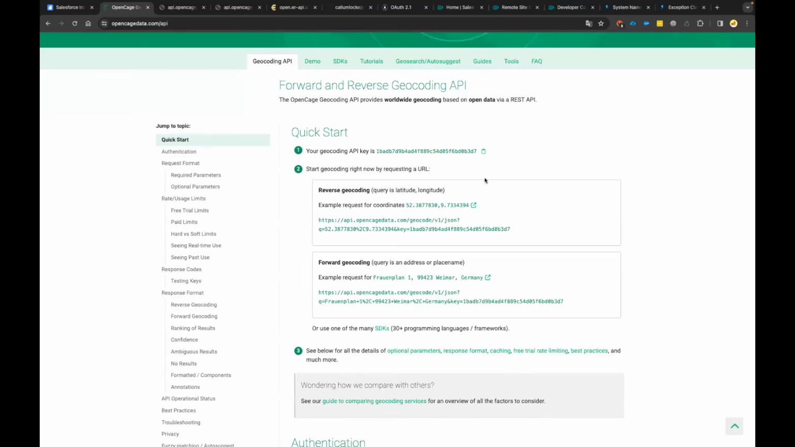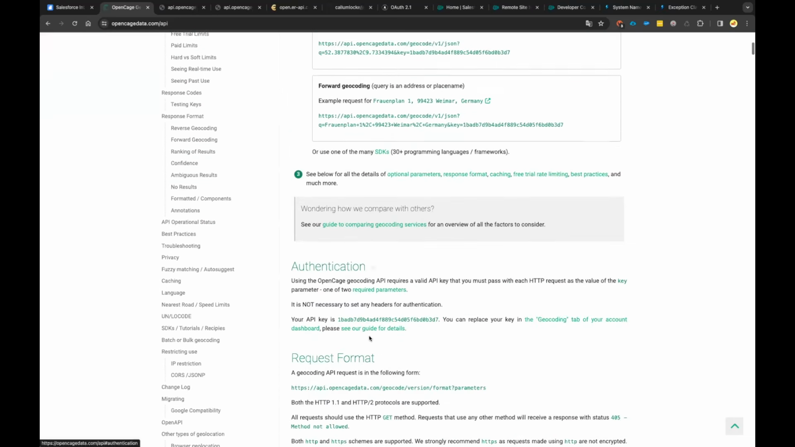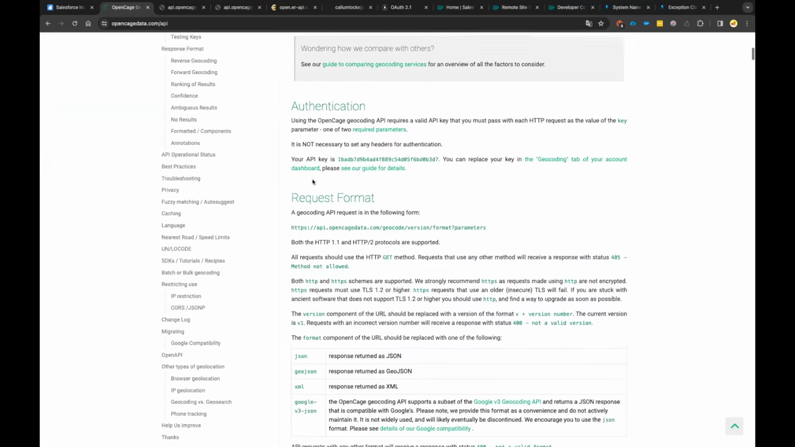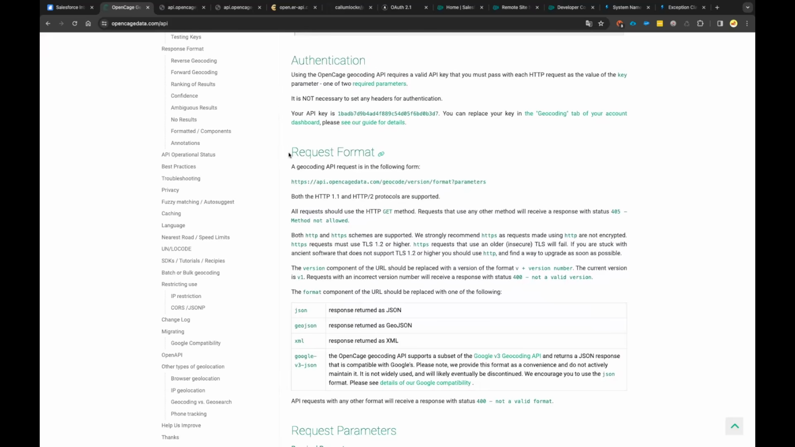This is just, they said okay, this is how you can start. But if you scroll down, it says authentication. These are the details: you need to pass the API key. Then it talks about the request format, how the request is going to be prepared. It says this is the base URL,